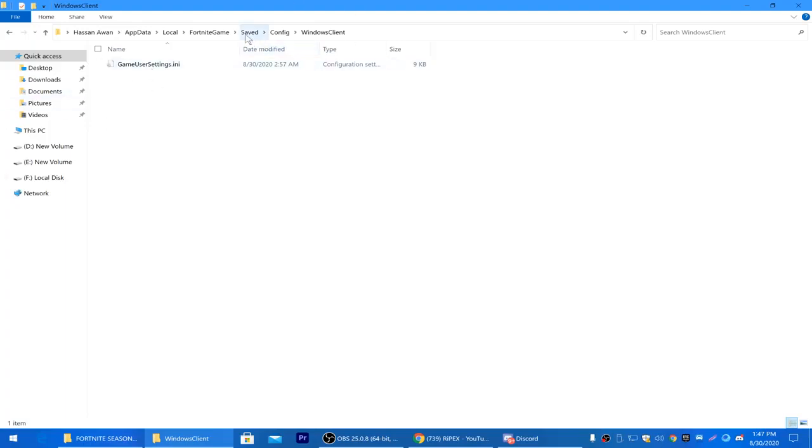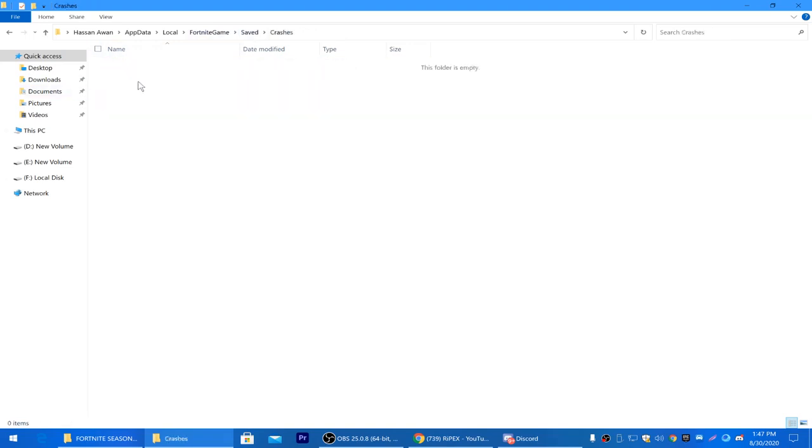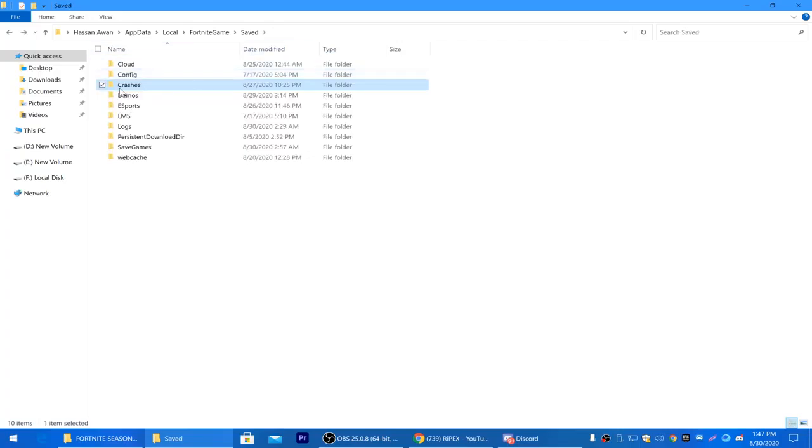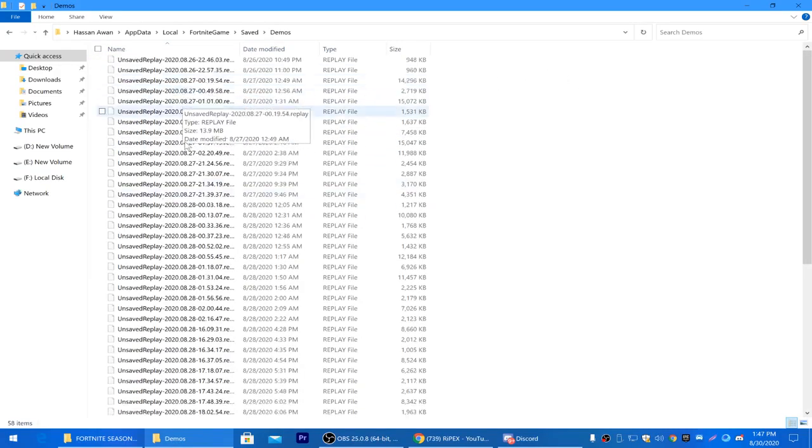So just after doing this, now you need to simply go into the save folder of your Fortnite, go into the crashes button, and clear out all of the files which are available here. After clearing it out, now go for the demos button and also clear out all of